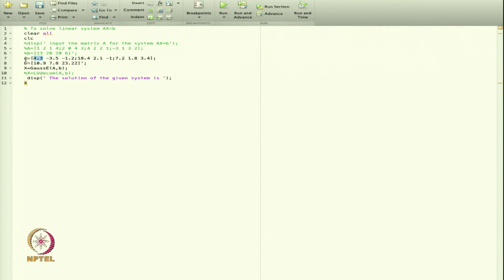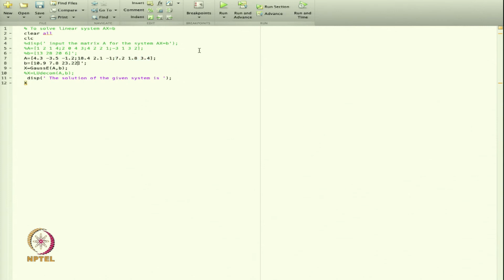So, I am taking a 3 by 3 matrix now. This is my first row, it has the values 4.3, -3.5 and -1.2. After the semicolon, whatever we write is the second row, and this value is the third row, and the right hand side vector is this one.